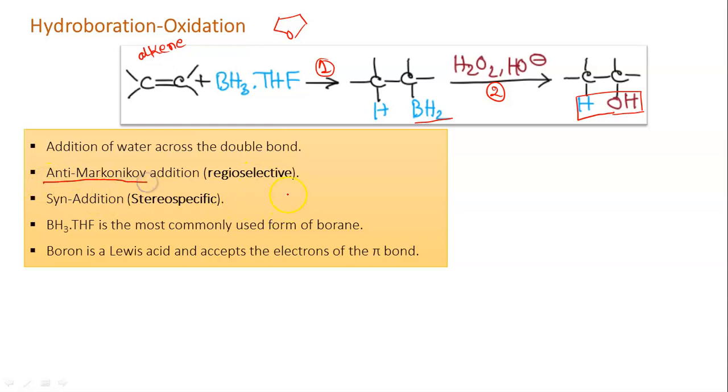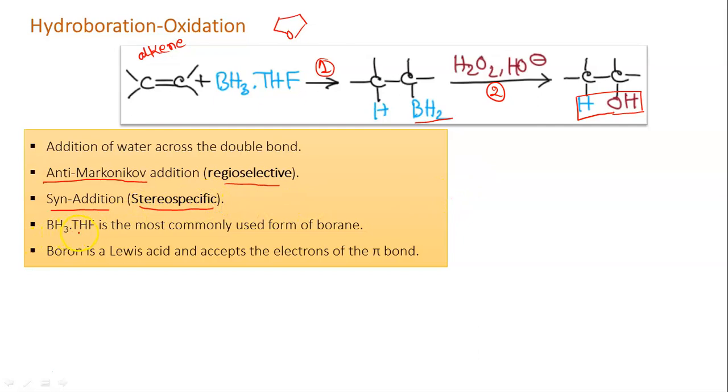That is very important because unlike acid catalyzed hydration, now the regioselectivity is different. So this is also regioselective because OH will be added at a specific position, not both probable products, we will get only one specific product. So that is why it is regioselective, that is, the position of OH where it will be added is selective. And it is also syn addition, that is H and OH both are added from the same side, so that is why it is also stereospecific.